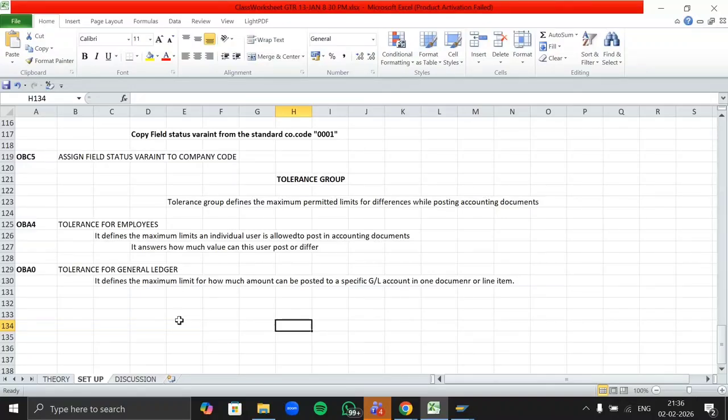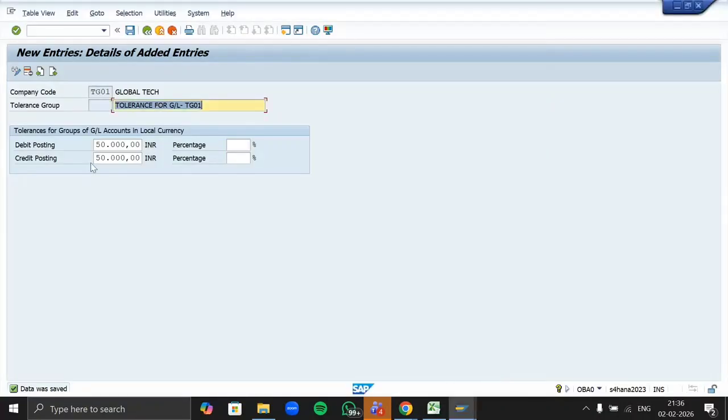Ma'am, what is the use of percentage on the screen? You can use either one. If you mention a percentage, then the system will work according to the percentage. Let's say 20%: up to 20% you are allowed to post the total travel expense per document.